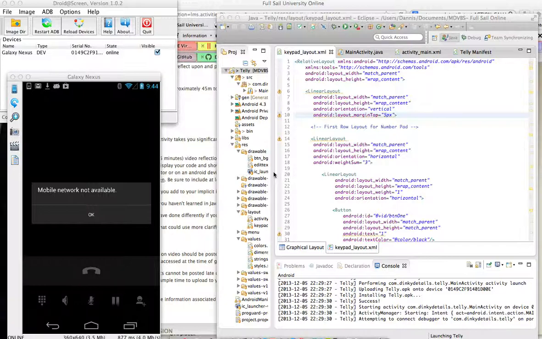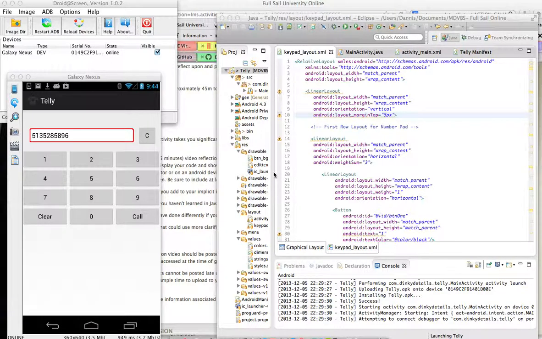And I'm not 100% sure. My app's not necessarily using the call, but I was able to use the phone. If I had more features in it, where I was actually storing the most recent numbers or most frequent numbers, or adding images to people or something crazy with some database in it, I could use that phone and it'd be more desirable for somebody to use besides the other app. So I know this is kind of a design type class, but this was a little bit difficult to try to figure out. So anyway, got that going.